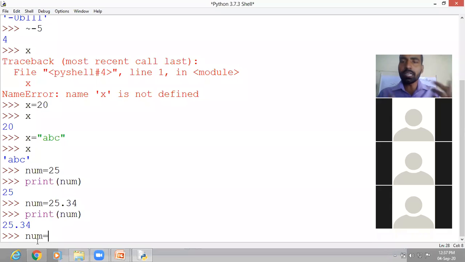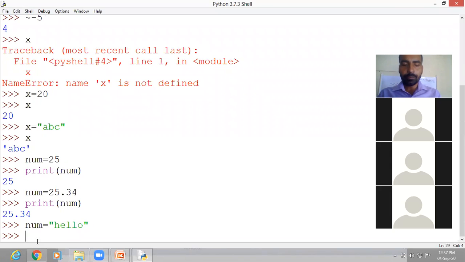Now again if you want to change, again you can change to a certain different type, string type. So again now you can write hello. Now if you print num, you see it will neither print 25 nor 25.34, but it will print hello. The variable is the same, but at different times it is exhibiting different values.